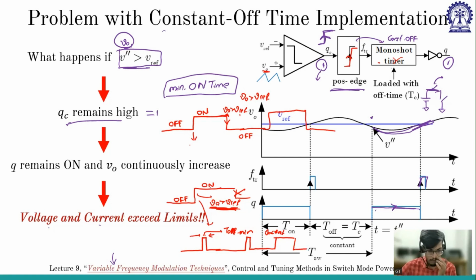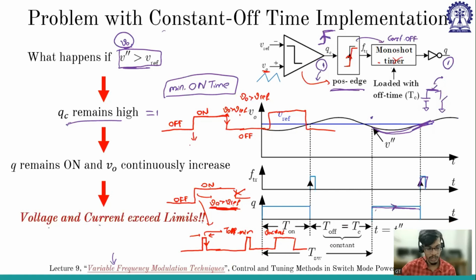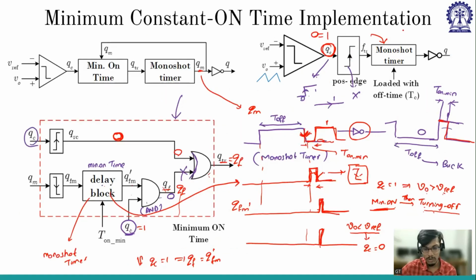So for that logic, the positive edge is not coming from the closed loop. So we are trying to forcefully give this trigger from a circuit. What this circuit basically does is, whenever this monoshot timer ends after constant off time, we take this edge, delay it by some amount of time, and from this constant off time, we forcefully generate a trigger after T on minimum,